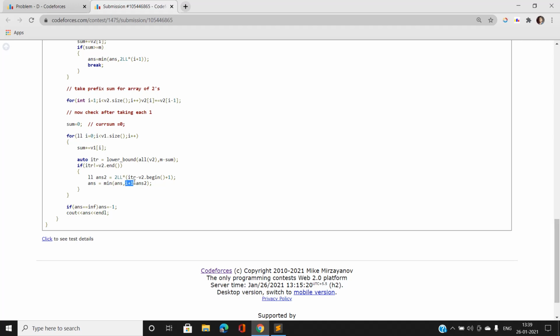So our answer would be i plus 1 for the 1's convenience point vector, plus I am going to add answer 2, that would be for the 2 convenience points, because I am taking a starting subset, a subset starting from 0 to a certain extent such that the sum will exceed m when it is summed with the actual sum variable. It will exceed at least m units of memory because I have already taken a lower bound with it.